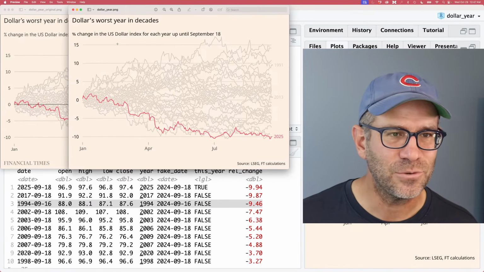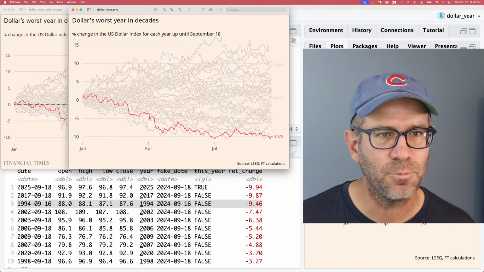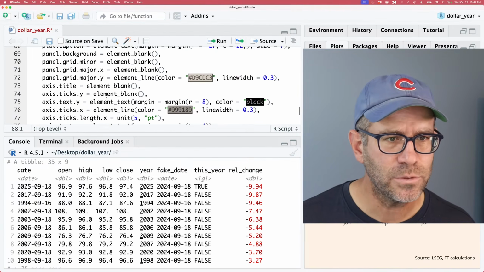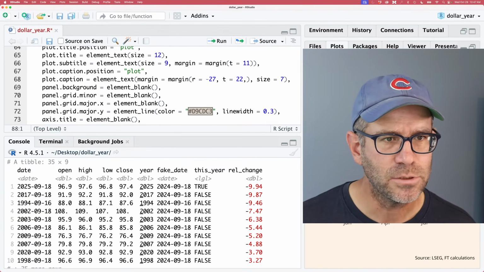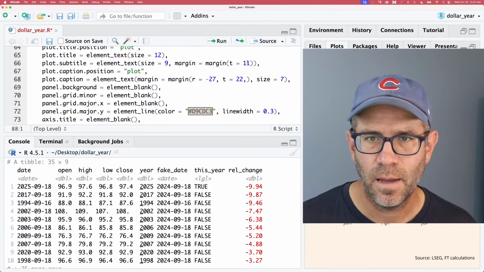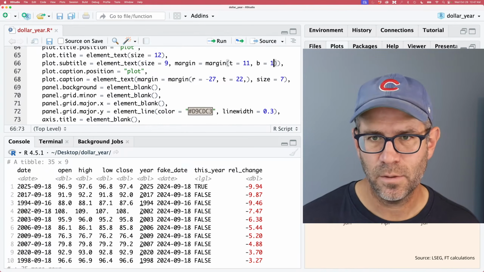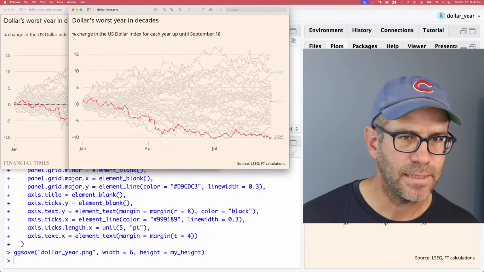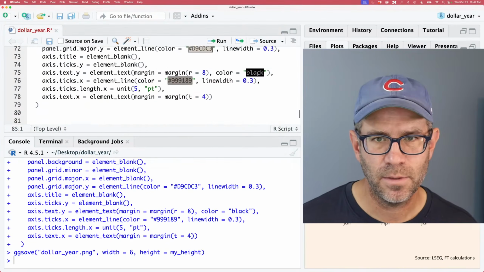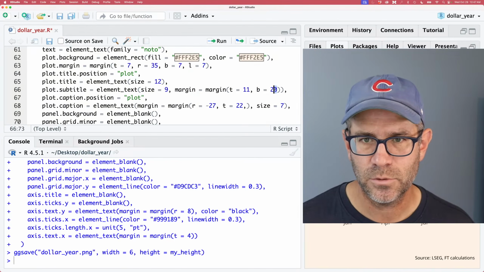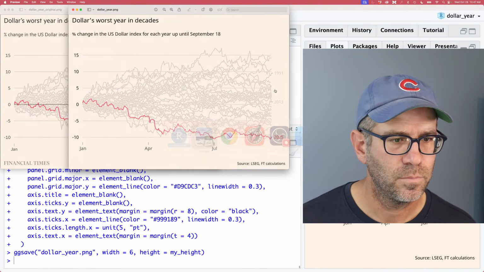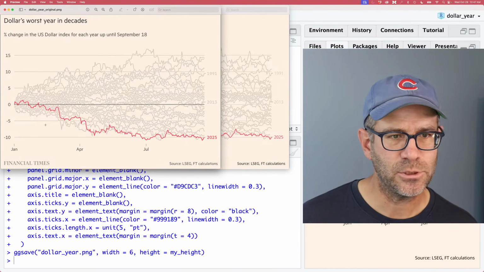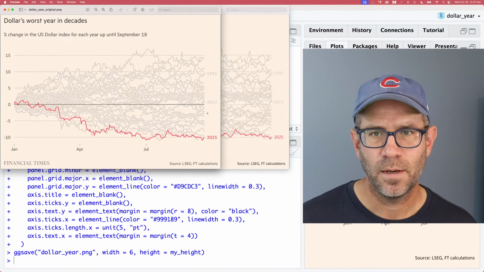And I need to do 2 things to finish up here. So first, I need to put a space in below the subtitle. And so we will do that by adding a margin to plot subtitle. And I will do b equals, let's do 20. So that gets that down. Let's add maybe a little bit more. Let's do, say, 22. That brings that down. And I'm comparing the position of those grid lines, right? And so I think